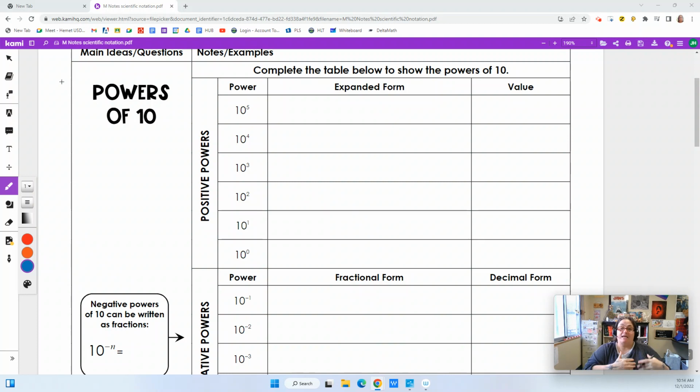If we remember, 10 squared would be 10 times 10, or any number, right? If I had 3 to the 4th power, it would be 3 times 3 times 3 times 3. So that's what that power means. So here, if I have 10 to the 5th, I have 10